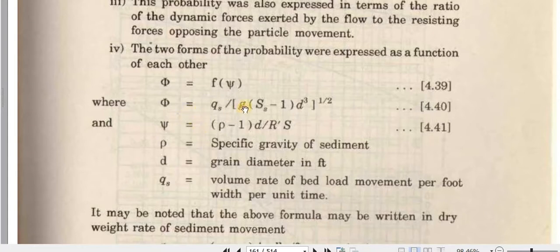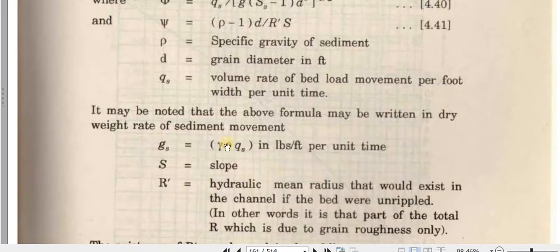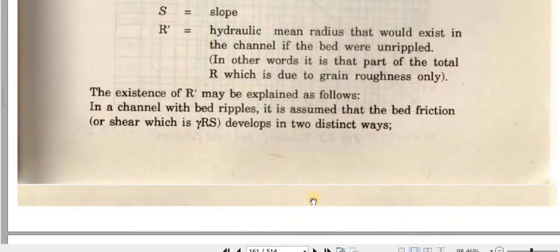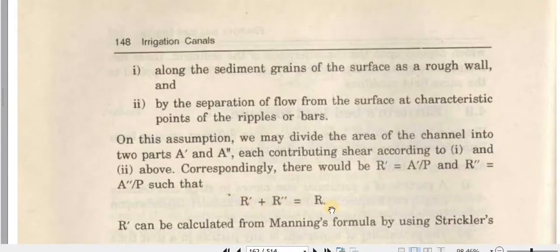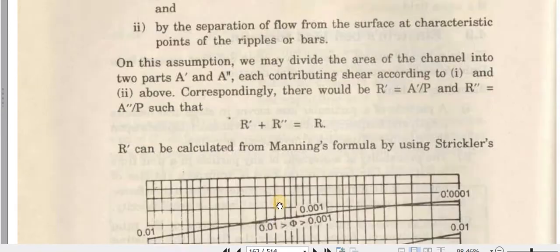And g is gravity, and rho is the specific gravity of sediment, that is almost 2.4. And gs is also equal to gamma rho Qs in foot-pounds per foot per unit time. S is slope, and R dash is the hydraulic mean radius that would exist in the channel if the bed were unrippled. And total R is equal to R dash plus R double dash, and it corresponds to